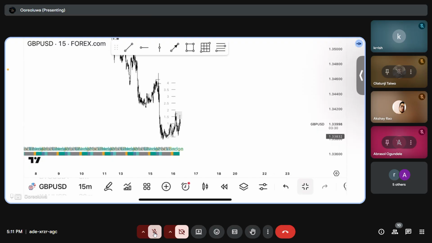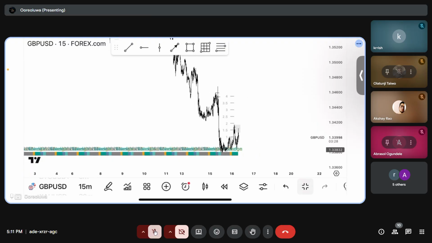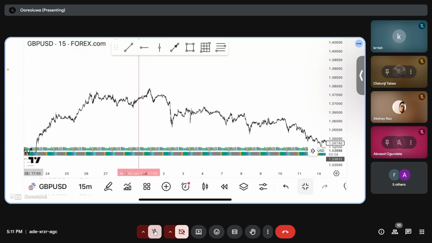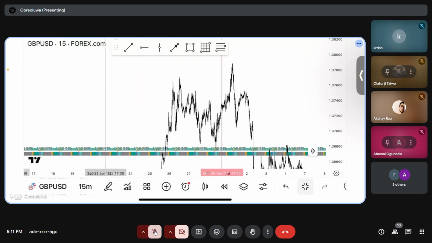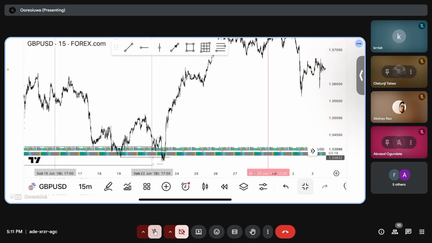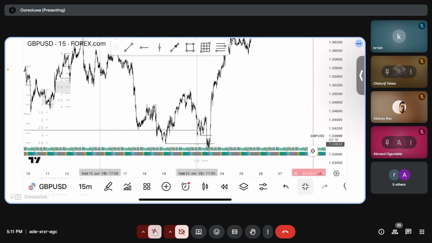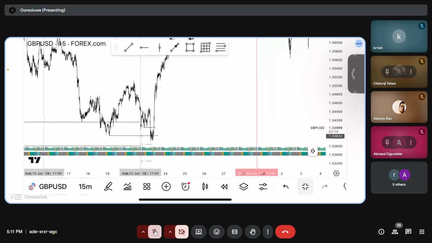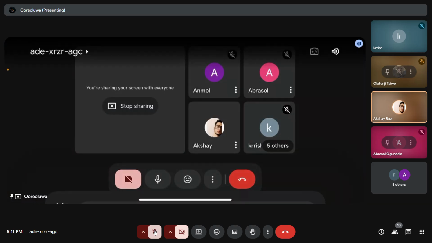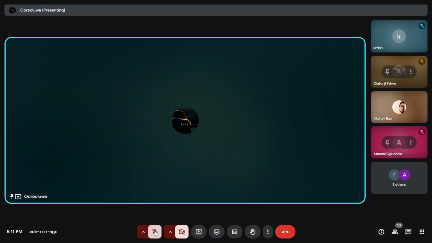All right, so that's it for today. I want you guys to go back and do a proper analysis on this sell. From this top, do a proper analysis on it, and also this one, do a proper analysis on it. All right. So done. I hope you guys understand things.